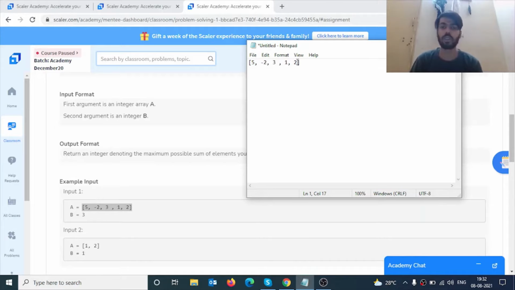So how to solve this question? Our array is this, and what are the possibilities of picking left elements and right elements?